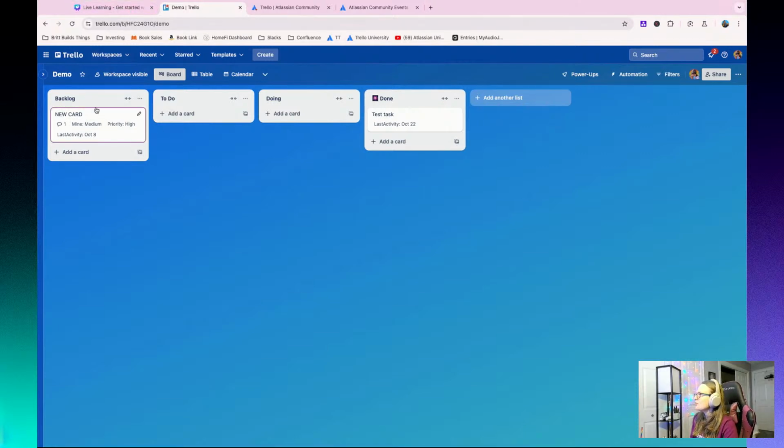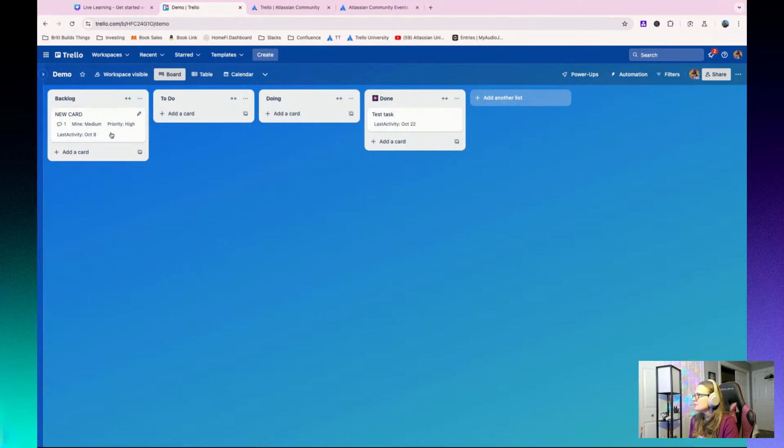So yeah, that's the list concept of sorting. It could be by status, it could be by category. Maybe you have different lists based on different areas in your life. Maybe you have lists for home tasks, another list for work tasks, another list for pets, kids, things like that. So it's up to you how you want to do that.